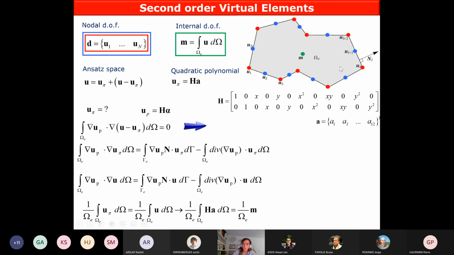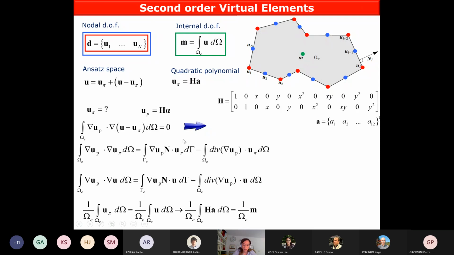So in each virtual element, there are 12 coefficients, irrespective of the shape and of the number of nodes of this virtual element. To identify these 12 coefficients, the idea is to fulfill this equation